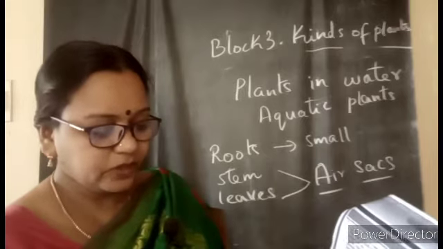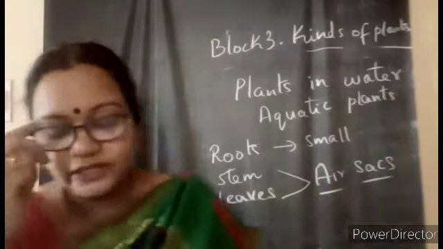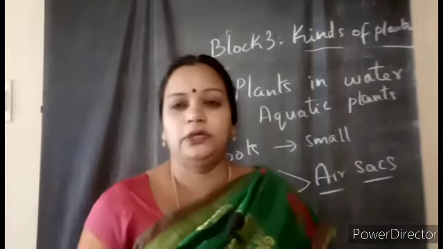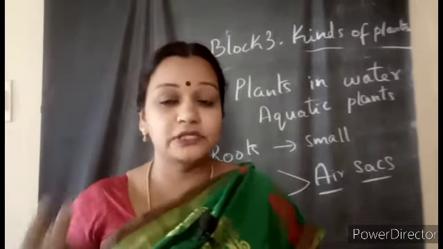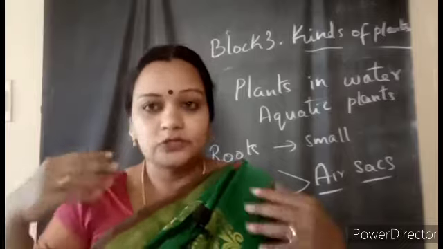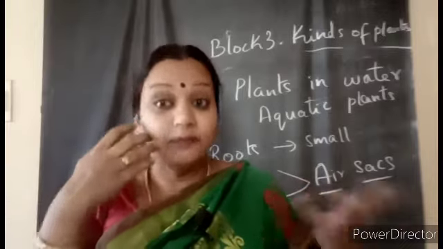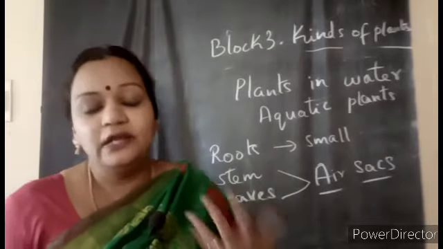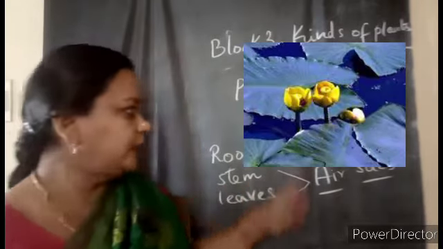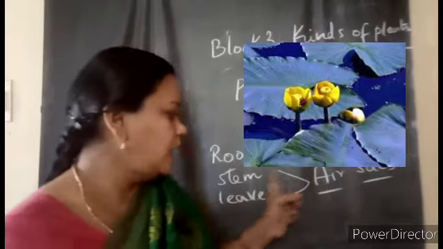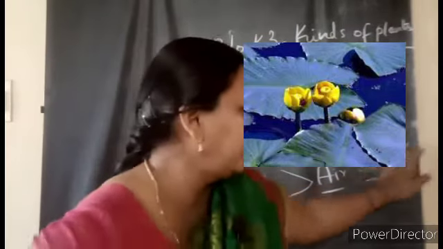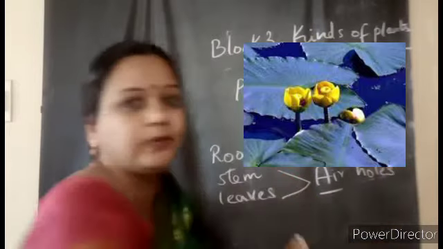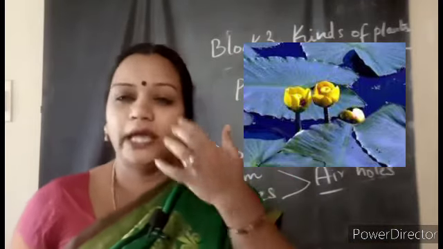See there, you can see the lotus stem. Why does this have these air holes? So that they will be able to float. Even about birds, listen, do you remember birds also have a light body to fly? In the same way, in plants also, see how they differ from each other to live in the place where they are. So aquatic plant, generally the roots are small and stem and leaves will have air holes or air packets. You can see these holes will help them to be light so that they can float